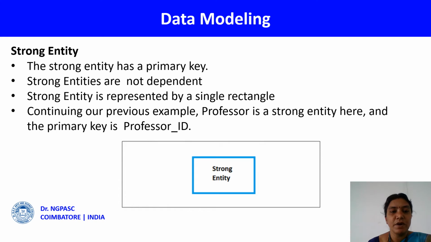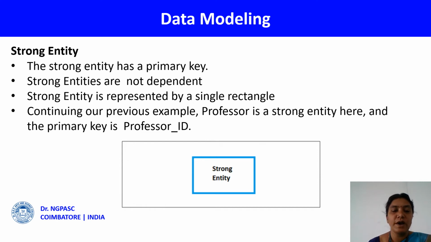So say for example, if you are going to store information about a student or if you are going to store information about a professor, so here the ID attribute will be unique for all the records. So each professor will hold one unique ID. So the ID will not be the same for all the professors. So here professor ID is the unique column. So in every entity, the strong entity has the primary key.